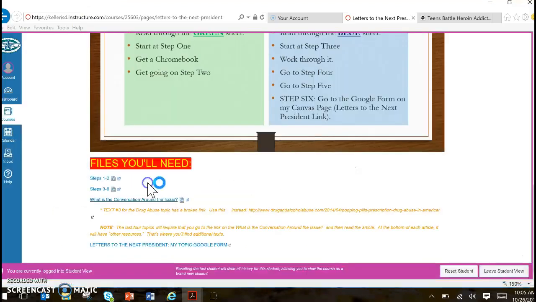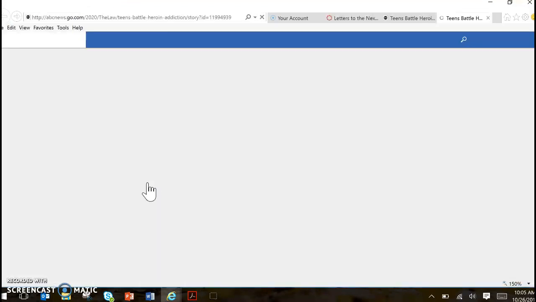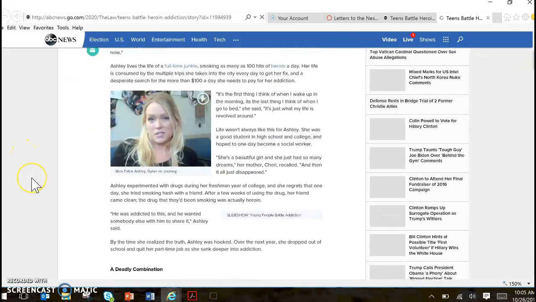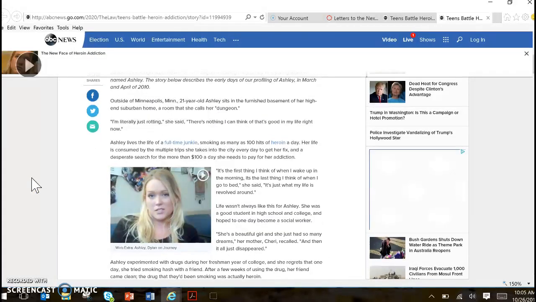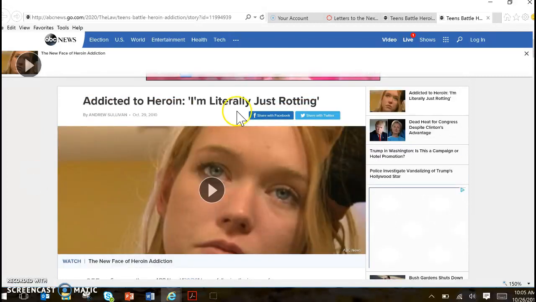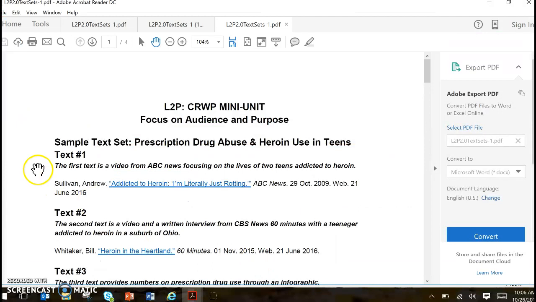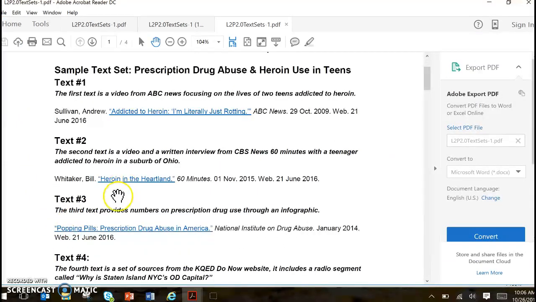So you click on this. And there it is. You can watch that, and then there's an article underneath it. So that would be article/video number 1. And then you would do that for the other ones too. Let me go back to that page. Then you'd go to text number 2, click on this, and do the same thing where it says, what's the main point? What is it really about? So we're just getting an idea.